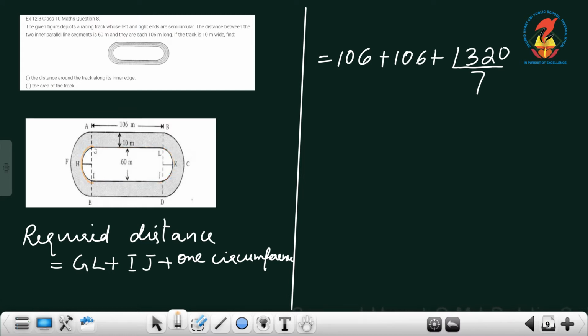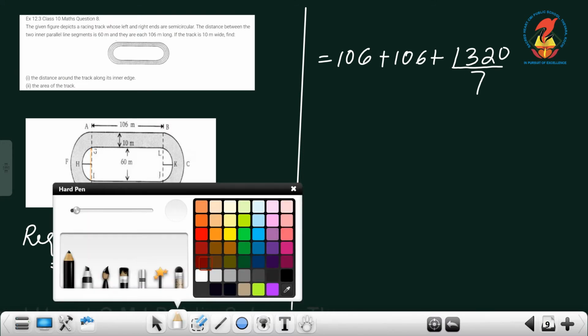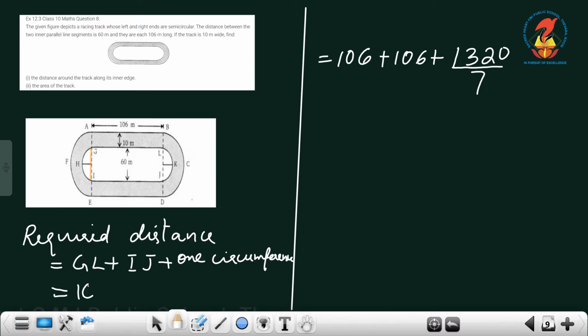What about the radius of this? This distance is given as 60. So, what is the radius? 30. So, it is equal to 106 plus 106 plus